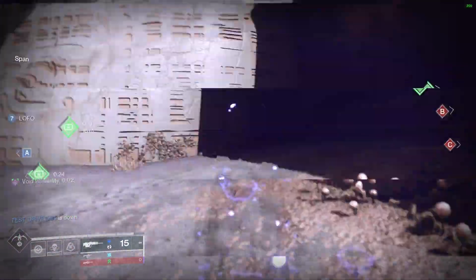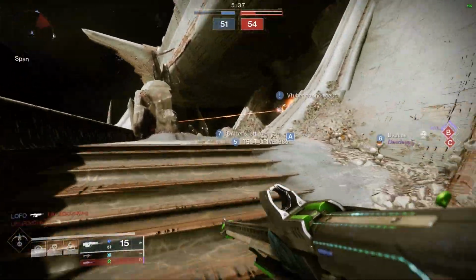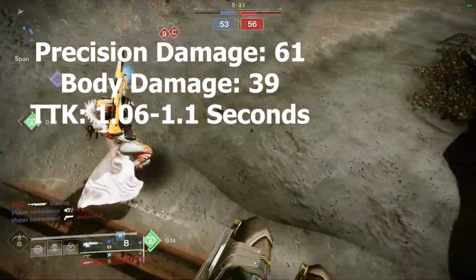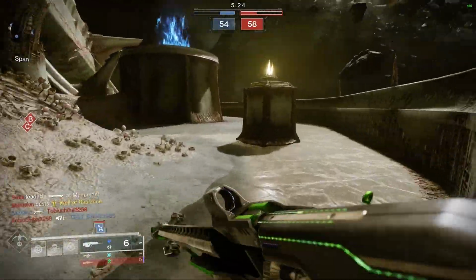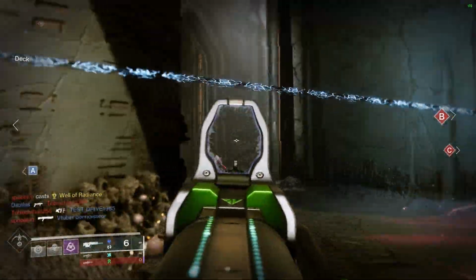Well, the short answer is this: it struggles. At the current base damage with no modifiers affecting it, Wicked Implement currently does 39 to the body and 61 to the head, meaning that at max damage, it takes 4 headshots in around a 1.06 to 1.1 second time to kill. In a sandbox where every weapon and every microsecond matters, Wicked Implement honestly lags behind so many more